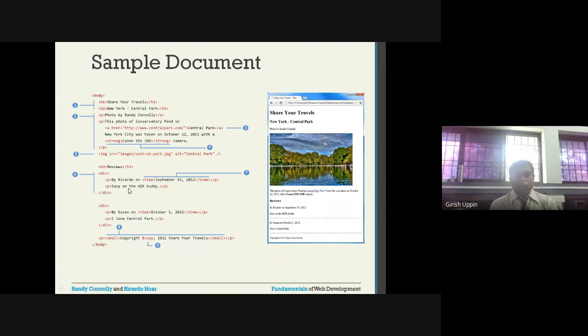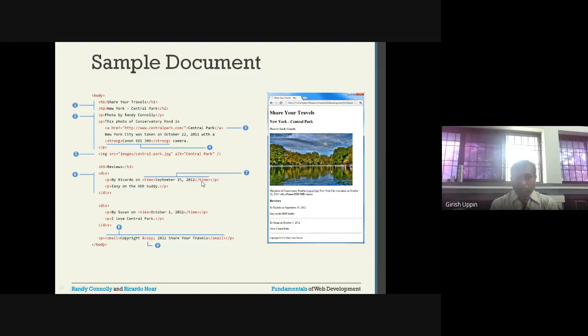Nowadays a lot of websites use multiple divisions to create different sections, so there will be a proper grouping of the HTML elements or the content. I have the first section, or division. Inside that, I have two paragraphs. By Ricardo on, you can see here, and September 15, 2012. For September 15, 2012, we are putting the HTML tag called time. Okay, this is the opening HTML tag, time.